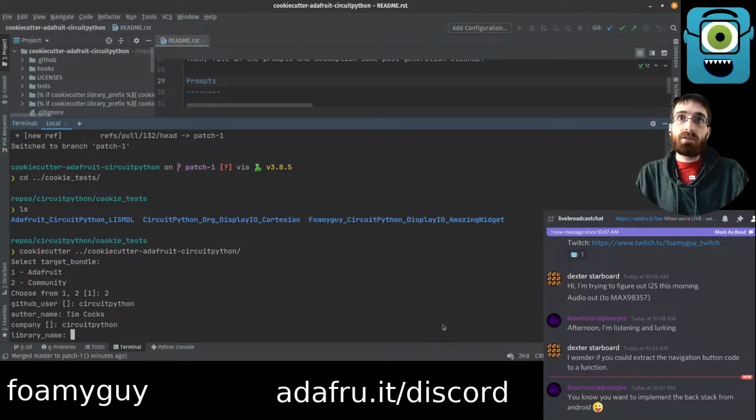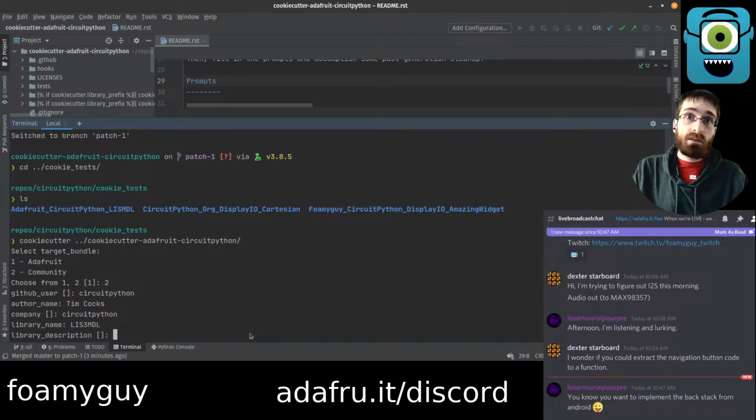Library name doesn't matter too much as long as we choose one that's different than the ones that I have already. I think we could do this, maybe just add a 3. I think technically this one doesn't really exist. I just did it for testing though. Do we need a description? I'm going to put something in so